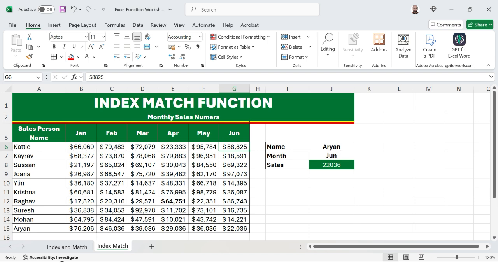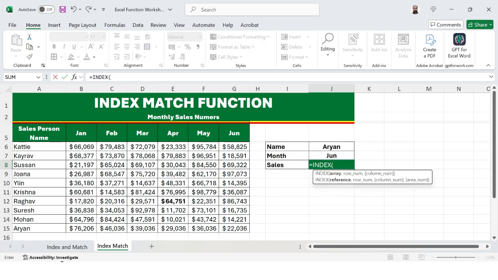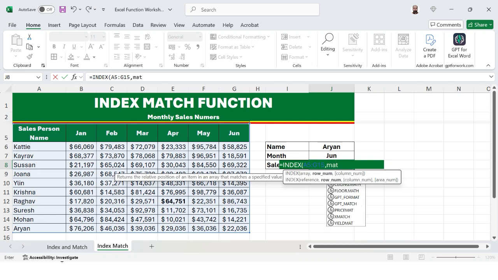INDEX and MATCH together is a powerful and robust combination in Excel. So now let's learn practically. Its syntax is like equals to INDEX, bracket start. Now it's asking to select the array, which would be the entire data, select the data, and now comma. Now it's asking for a row number, so the row number would be a MATCH function.